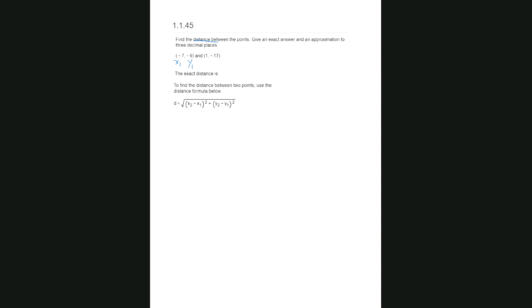The first point. And then the second point, I like to mark this one x2, and then this one will be y2. Okay, if you mark this on your own, it will be easier to plug it into the formula. Look at it. My x2 will be 1 in here, right? This is my x2. So my x2 here is 1 minus x1. Well, my x1 is -7, so I have to have a small parenthesis here for my